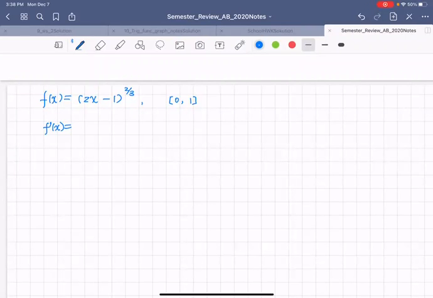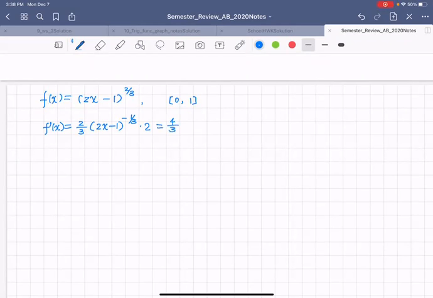We can do the derivative of this function. This is using the power rule and then the chain rule. That is 2x minus 1 to the power of negative 1 over 3 times 2, right? Yeah. Now we want to find out this guy's